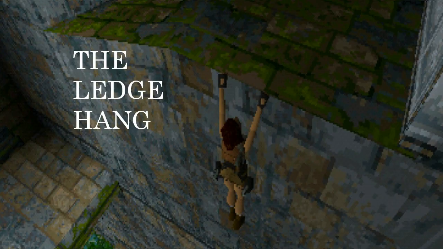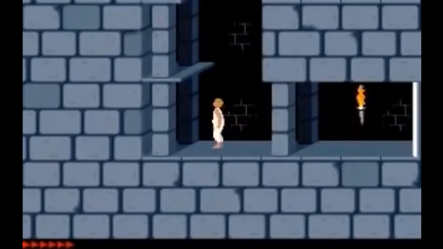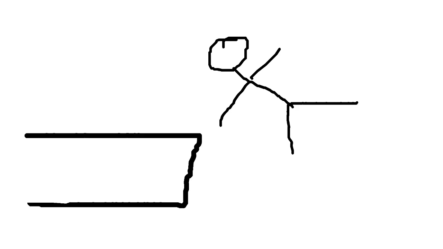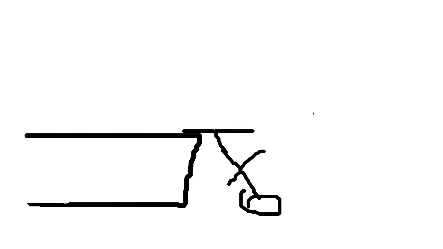First we introduce what a ledge hang is, then we discuss what we are going to do, and then we jump into the implementation. First of all, what is a ledge hang? It was introduced in Prince of Persia and has become a staple of any game which has platforming, such as Tomb Raider and Uncharted. It is when the player character is falling and finds himself close to a platform. The character can then hold, usually with his hand, to the platform so as not to keep falling.